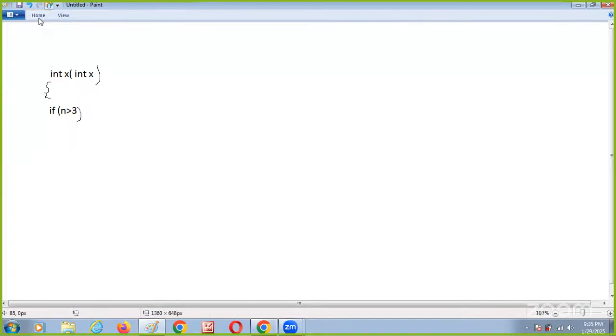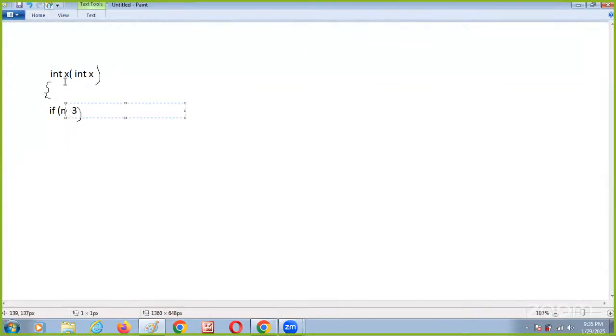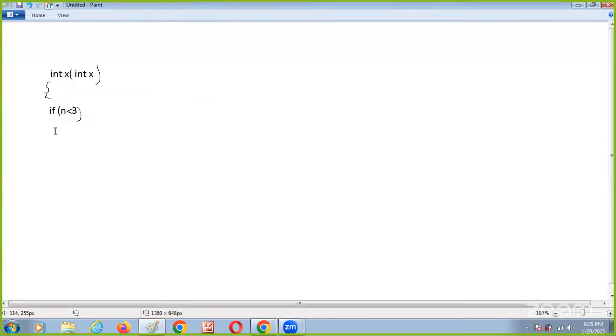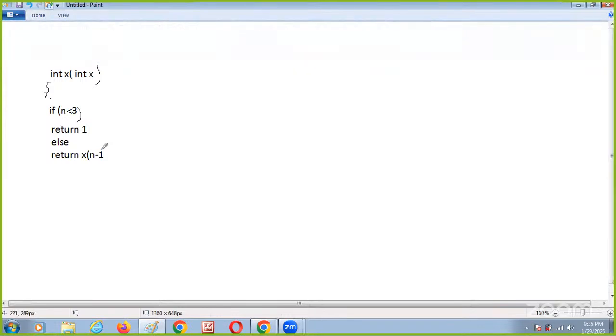Sorry, it's less than 3. If n is less than 3, we can return 1. Return 1. Else return x of n minus 1 plus x of n minus 3,